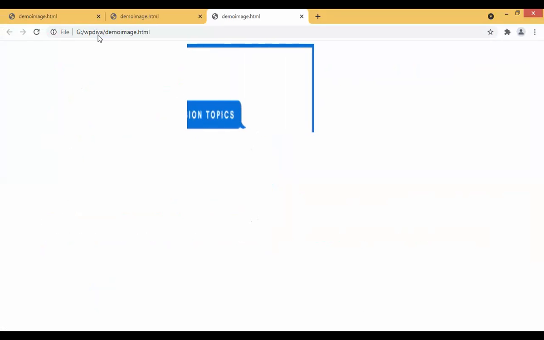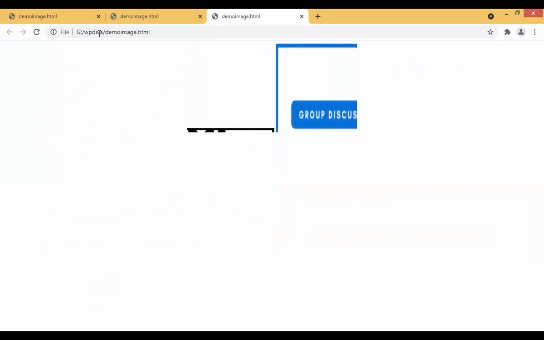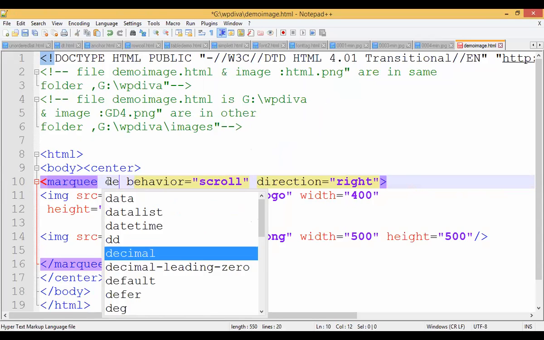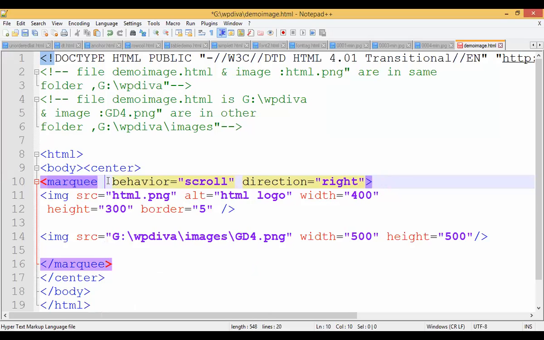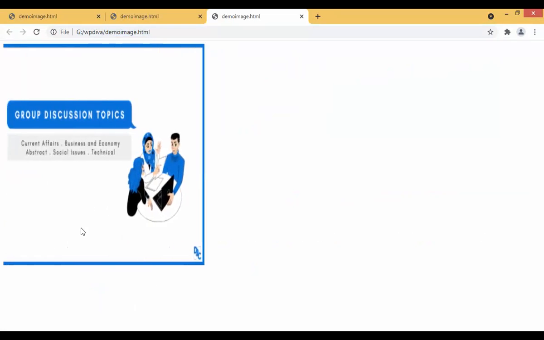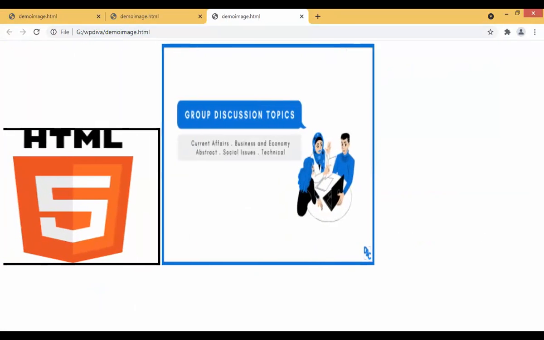So in this way, the height of that image is taken only 200 and my image starts scrolling between that area. So in this way, you can also set the height and width property for the marquee tag, right? Clear to you? You can also take marquee delay. I will just check it. Delay amount is equals to 2. Let me see how it works. So if I just refresh it, okay. So you can also set the amount, right? So at what time it should scroll. You can set the seconds also. You can set the minutes also for how much time it should scroll, right?